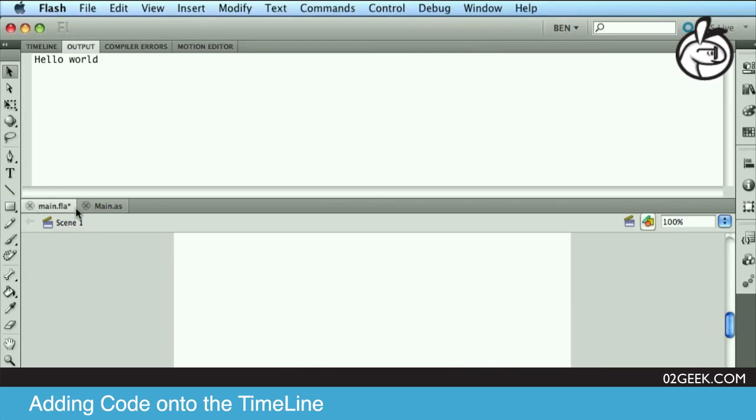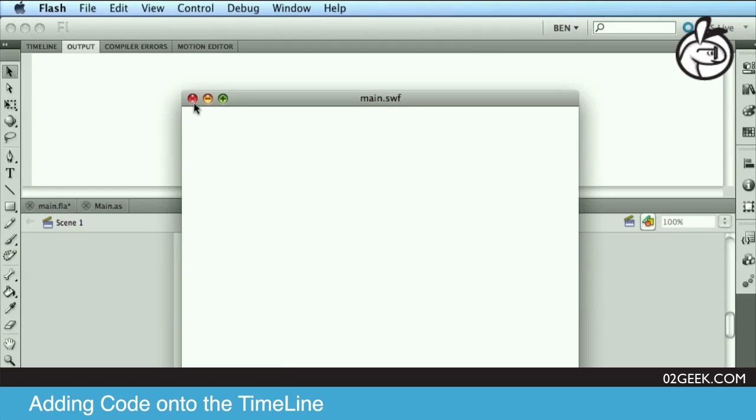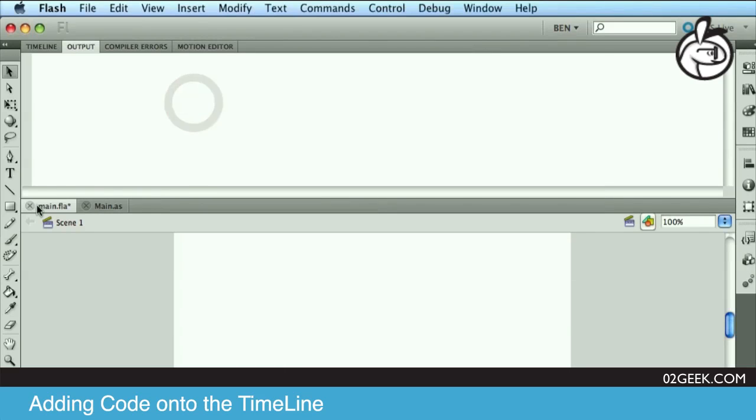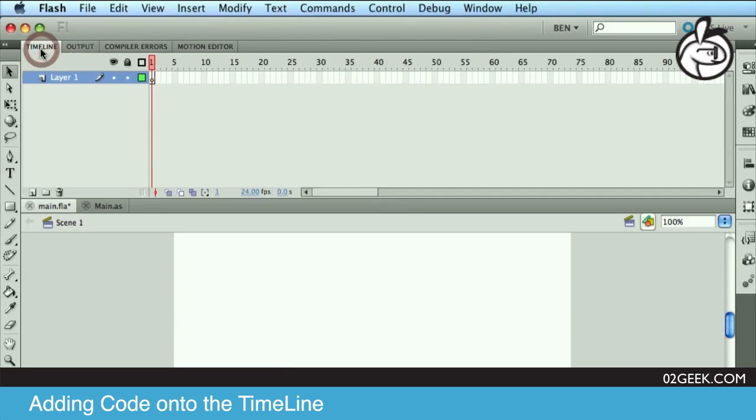Now, if I run the application now, it's going to output nothing, right? Because there's no connection now between our main and our AS file. The way we would program if we choose to work not in an object-oriented mode is to go to our timeline. We're going to create a new layer, and we're going to name that layer. So I'm just going to double click on layer 2, and I'm going to select everything here, and I'm going to type